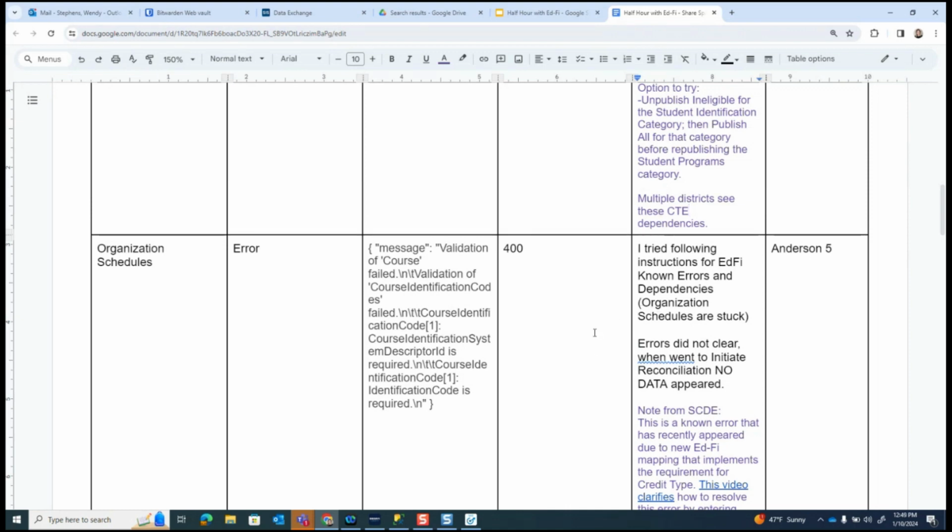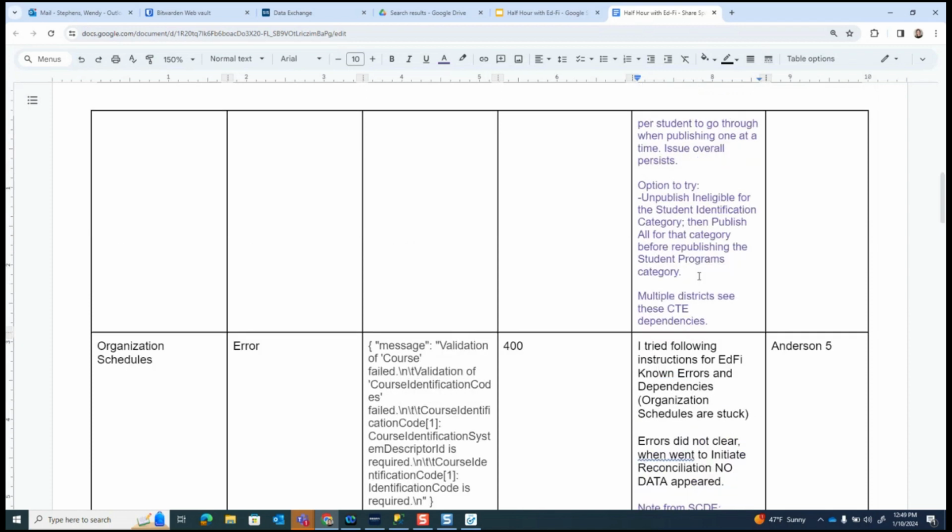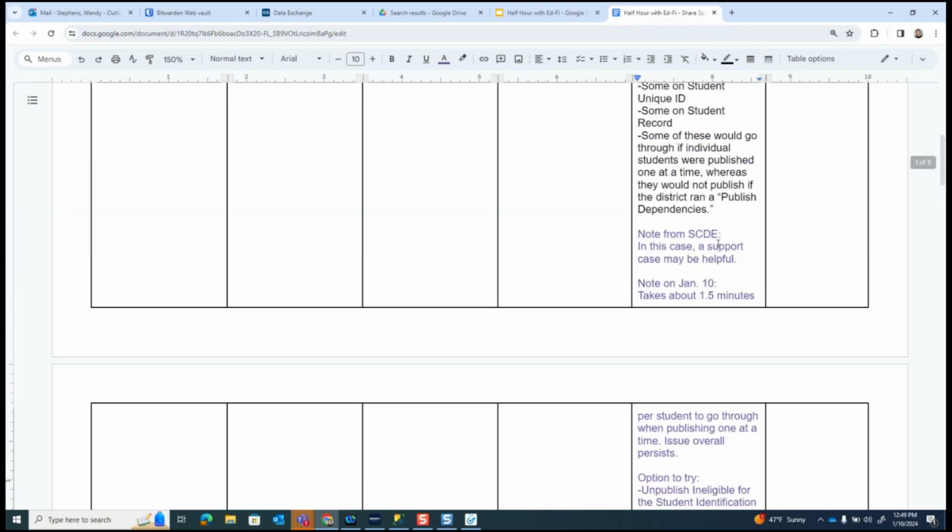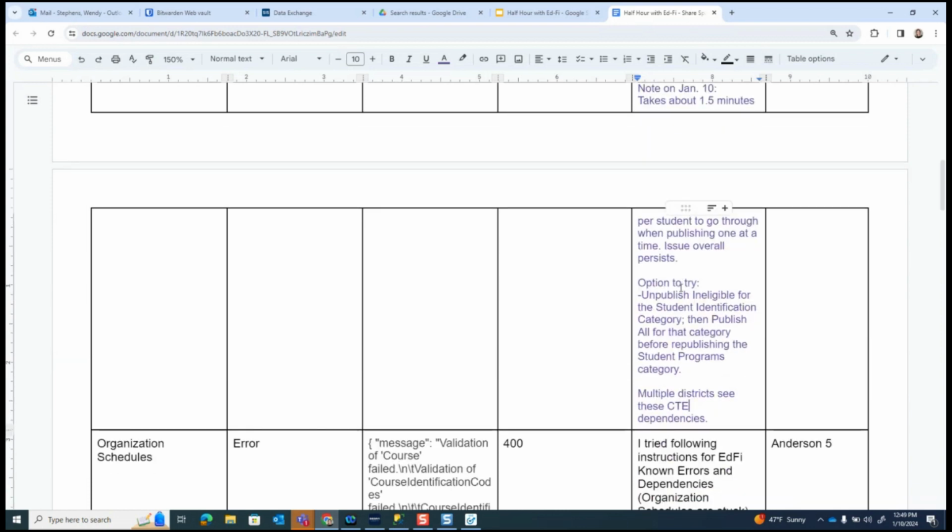Is that one, Brett, that we can also maybe chat with PowerSchool about? And since it's a CTE issue, I don't think it has to be... I need to go back and look at my mapping for CTE and see if there's anything weird in it compared to the other programs. Because if all the other programs are publishing correctly, and there's just something with CTE, then that's something I need to come together with PowerSchool on and review.